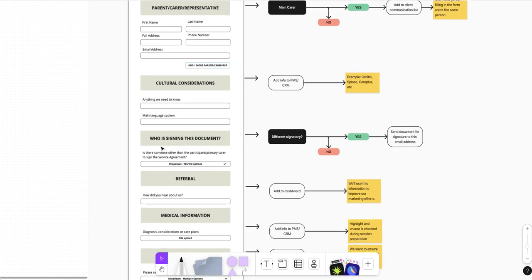With NDIS, sometimes we have service agreements, and we know that the person who fills in the form is not necessarily the same person who signs the document, which means you will have an extra manual step to send the document, which will then stretch the time of the intake. Having this option here will allow you to give the person who fills in the form a third-party email or information, so the form, the contract, the service agreement can be sent to a different individual.